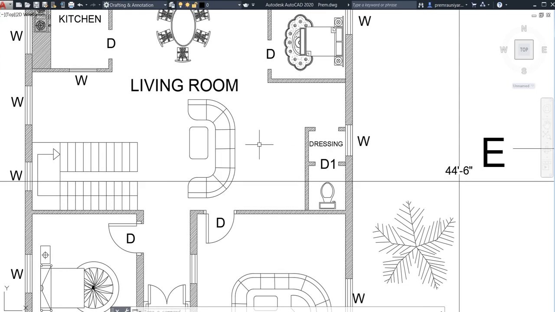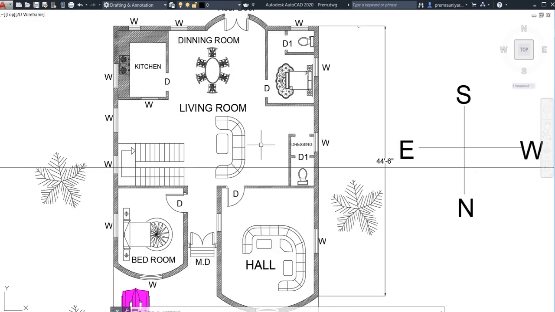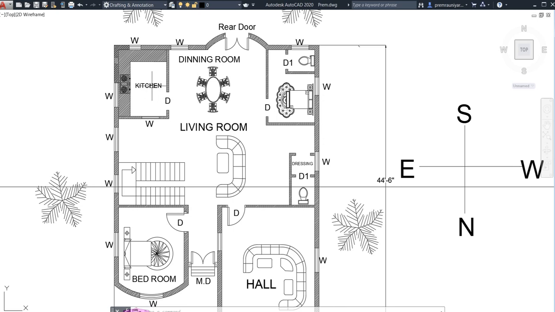Now, where do we need to keep our living room? This is the main point. The living room is generally in the center, as I already told you, because our heavy construction will be in the ending part, the middle of the ending part. So I have kept it here. And this dining room and kitchen, this is the Agni direction according to Vastu Shastra. This will be in that direction only. These are our latrine places, and this will be here.